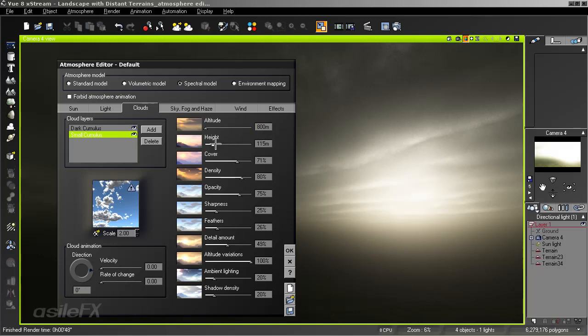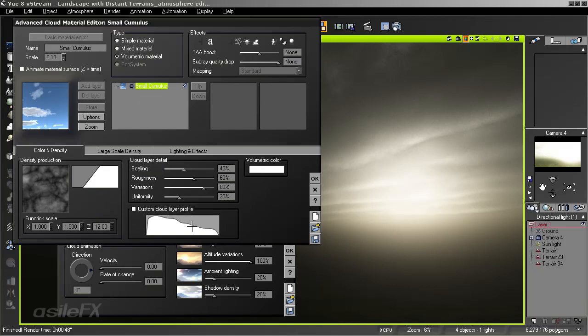I'm going to reduce the height to a little over 100 meters, and then we can make some modifications to the scale. So I'm going to start by going to 0.1 for the scale, reduce detail amount, and then edit